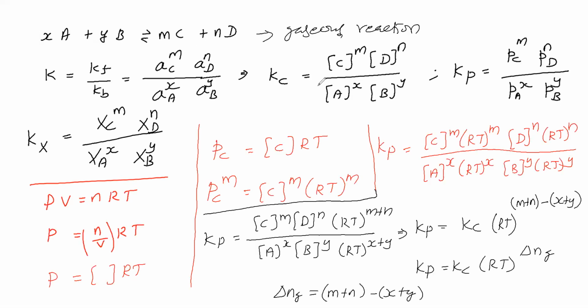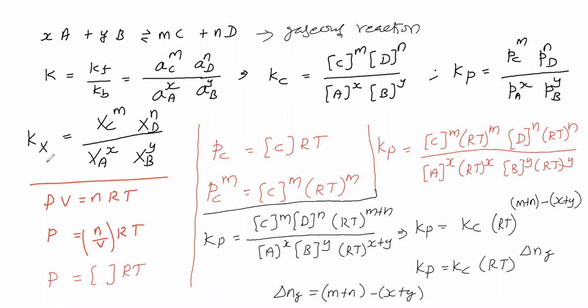Equilibrium constant depends on certain factors, but it is not depending on initial concentration. We will say that Kc is equal to concentration of C, which means equilibrium concentration of C. Here A and B, suppose we are taking initially. Whatever the concentration of A and B you take and attain equilibrium, at equilibrium the Kc will remain the same. Though you are changing initial concentration of A and B, the Kc will not change.